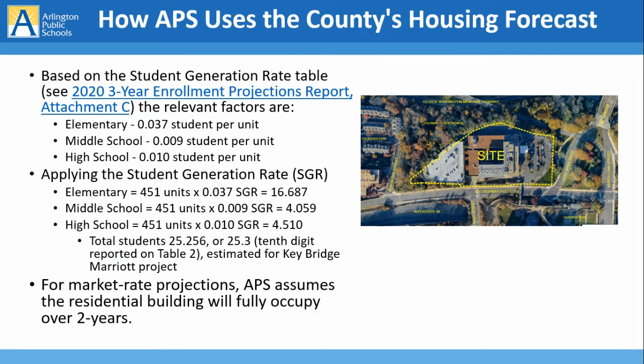So on this slide, you get a visual of where the Key Marriott site is in Roslyn. Based on the student generation rate table, the relevant factors are there, and then it's a matter of applying the number of units, which we know is 451. So it'd be 451 times 0.037 student generation rate. That's at the elementary level. So that would generate around